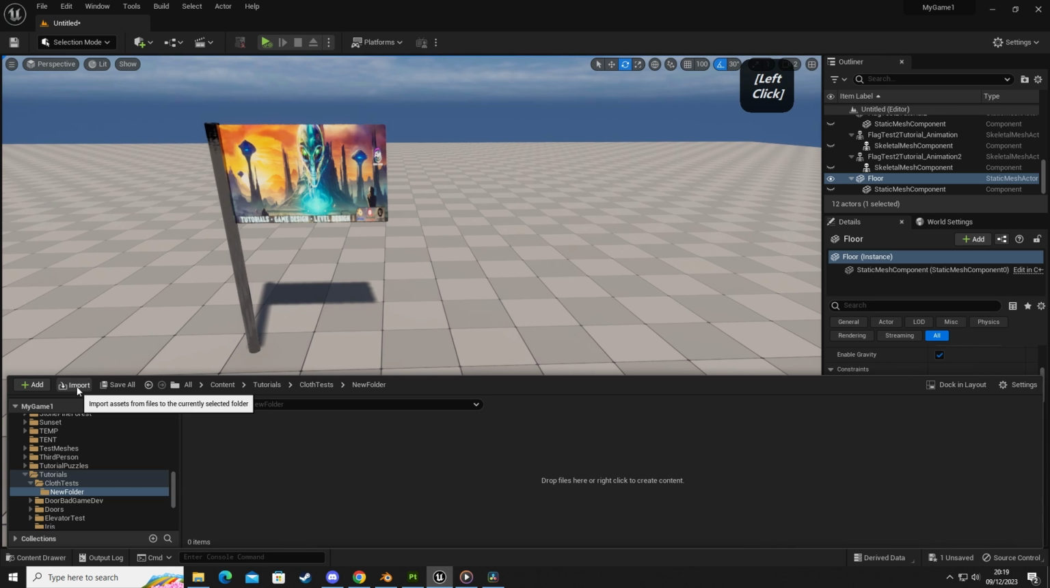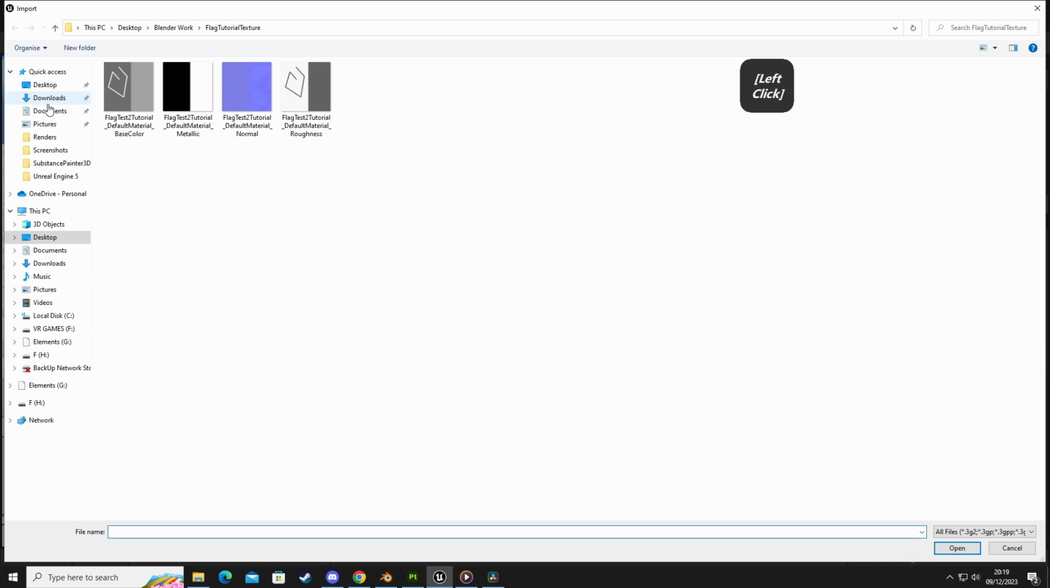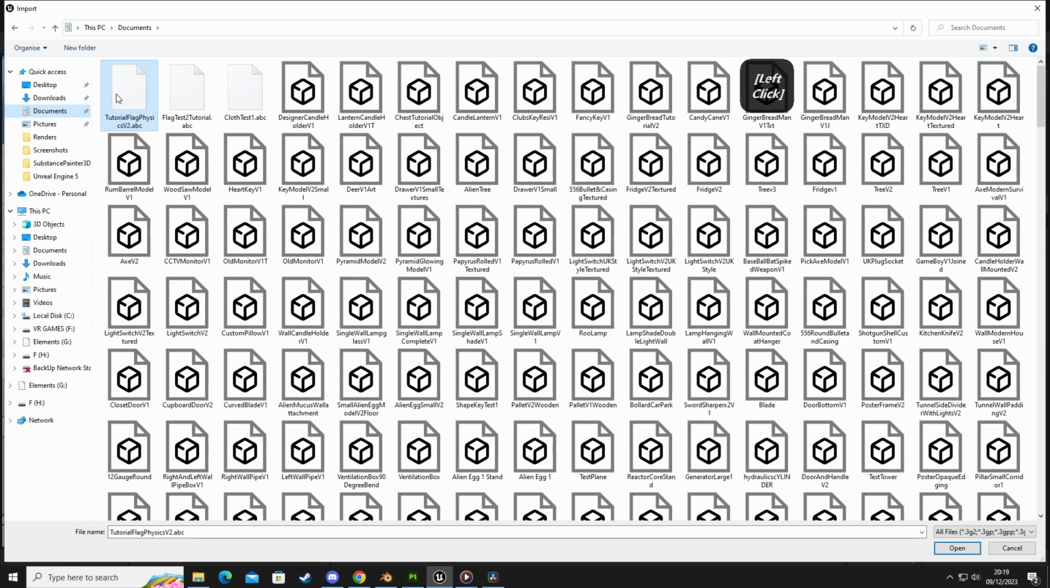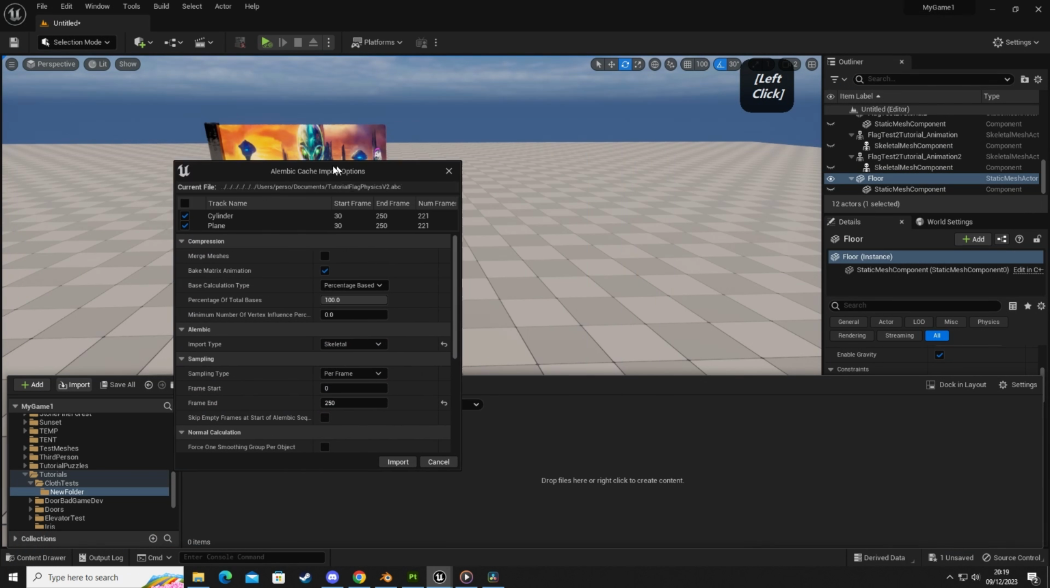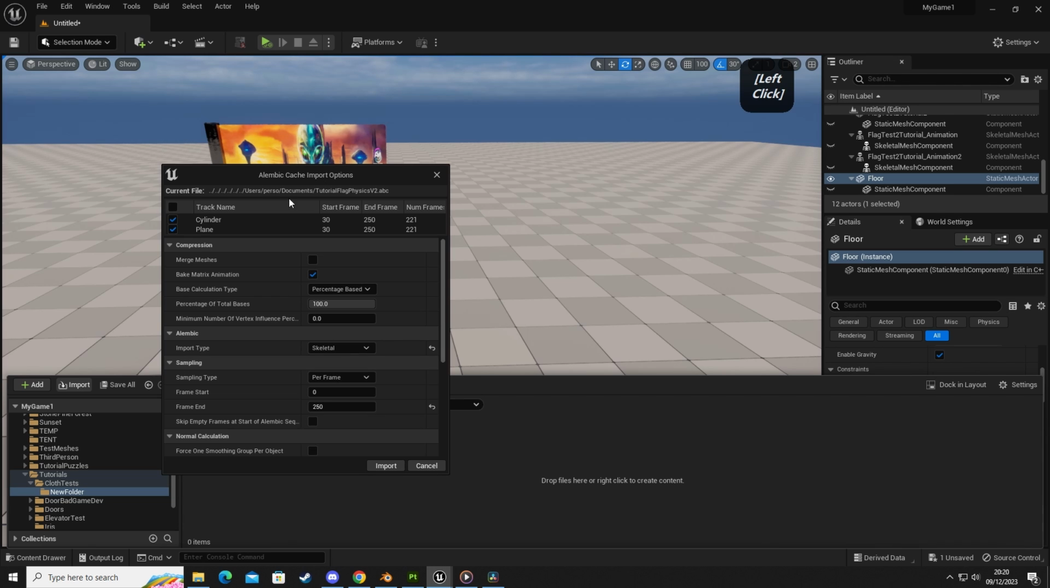So we're going to go to Import. We're going to go to Documents. I'm going to click on our Alembic ABC file, tutorial flag physics, which is what I named it. And we're going to click Open. And this is going to bring up a panel that you may or may not have seen before. And we're going to make sure that we check